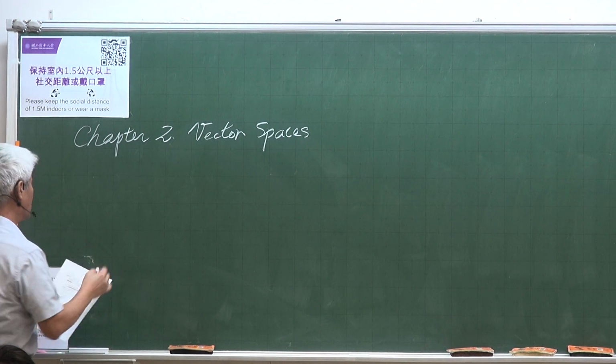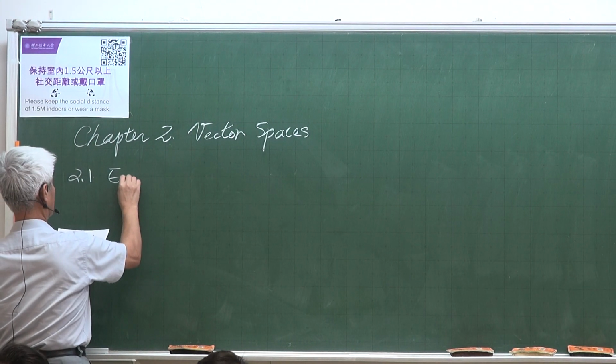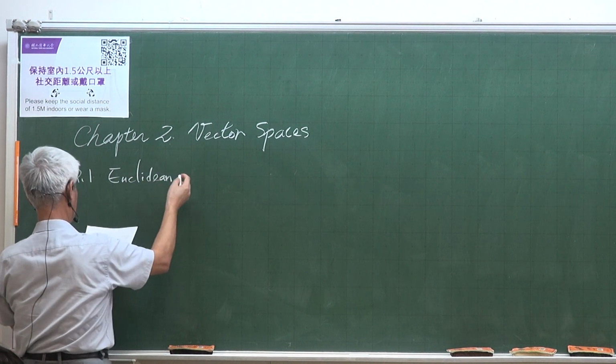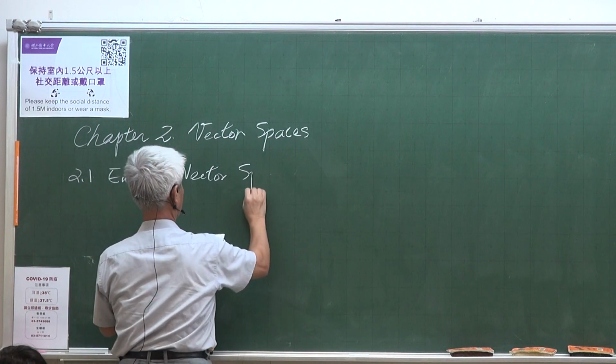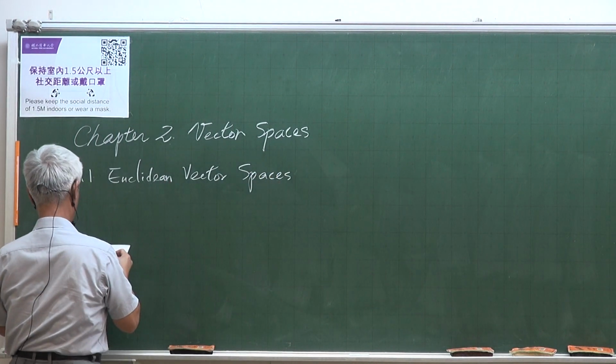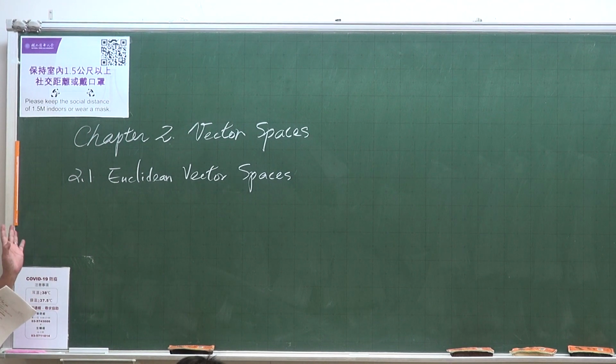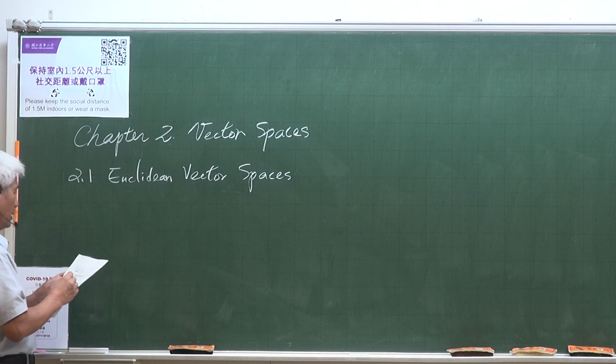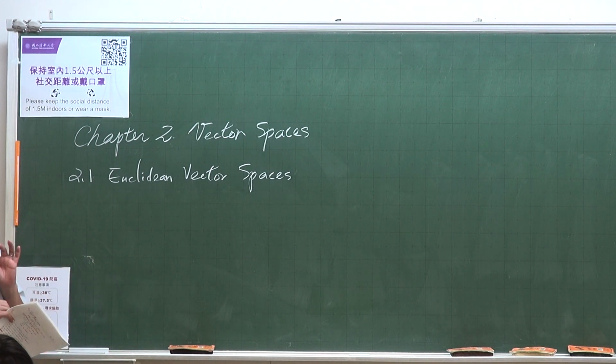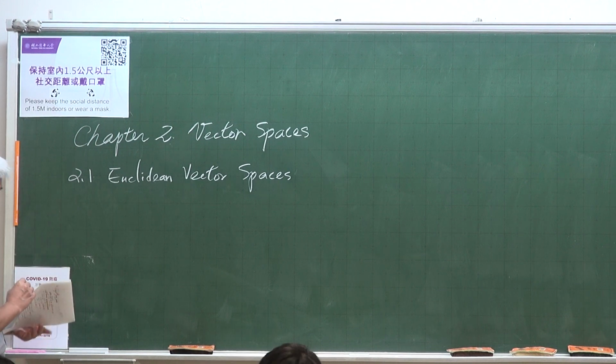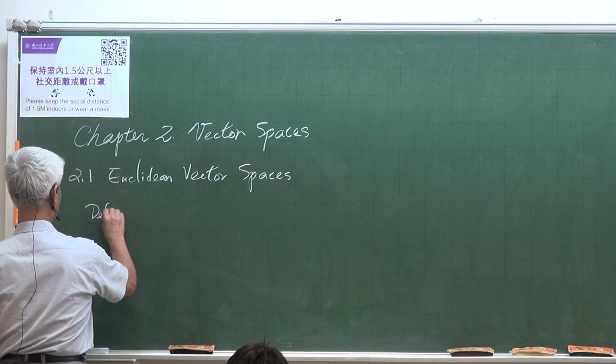Start with a new chapter. Okay, basically, we take up one section about Euclidean vector spaces, and the material in this section has been covered in the previous chapter of my lectures. So I will ask you to read the material in the textbook, section 2.1. But I will just give you a definition